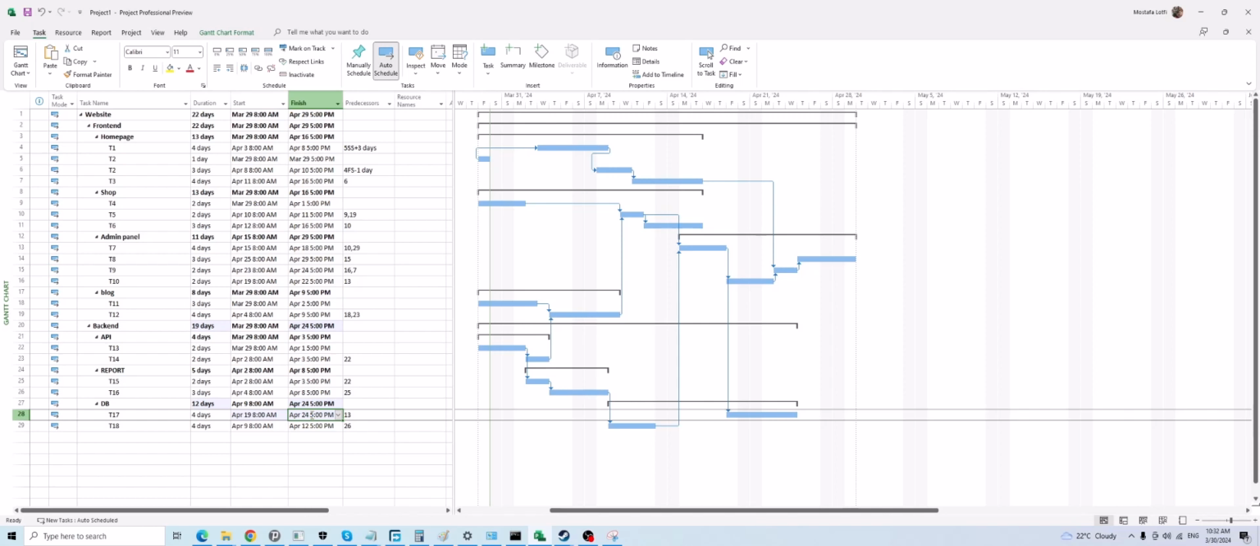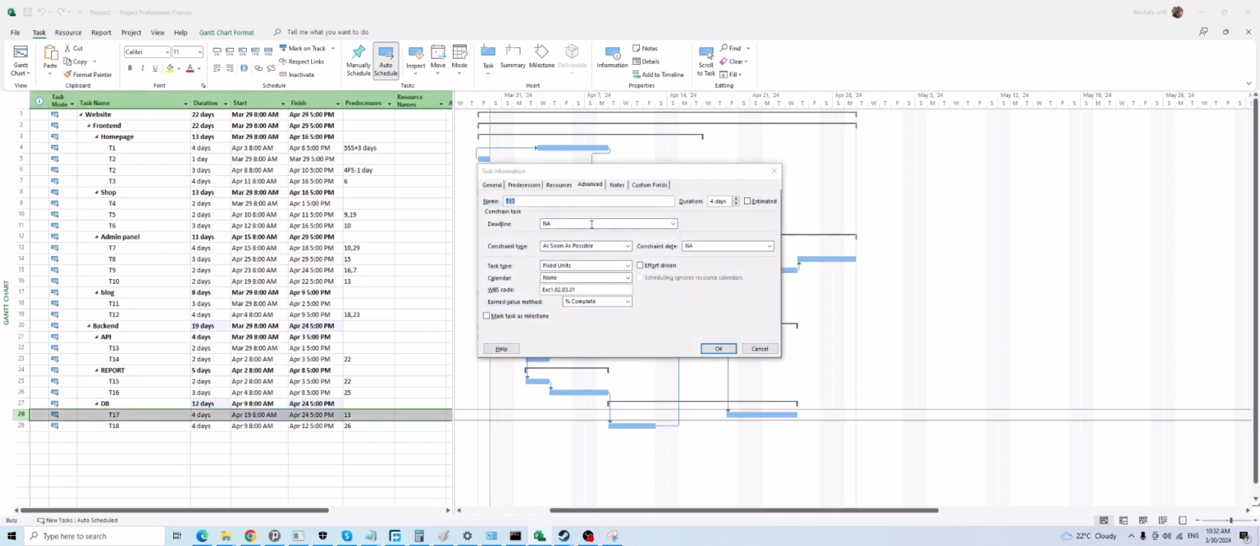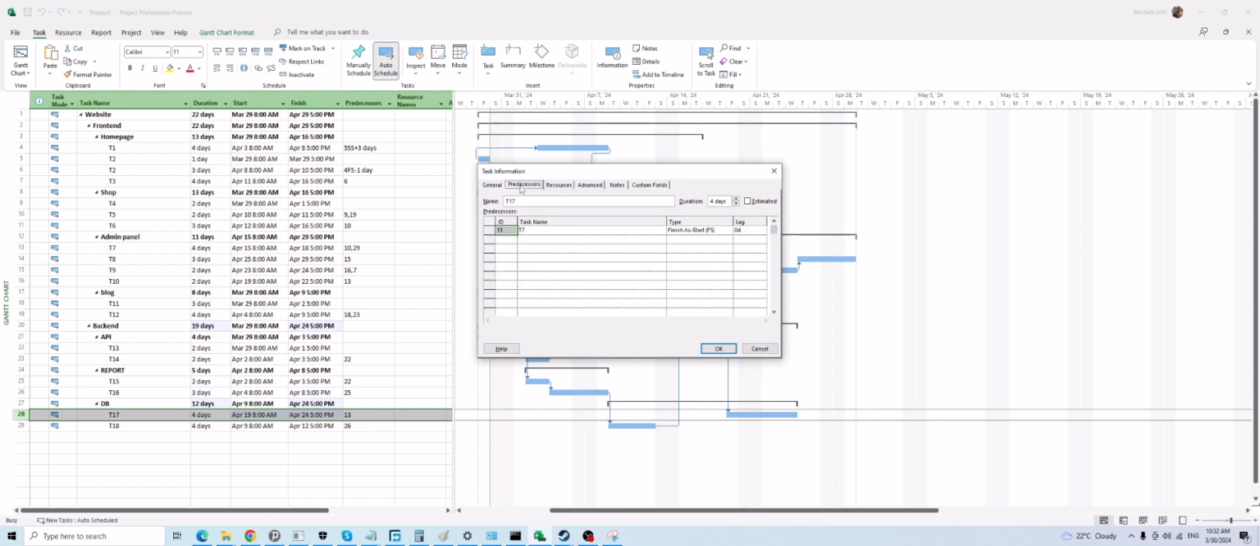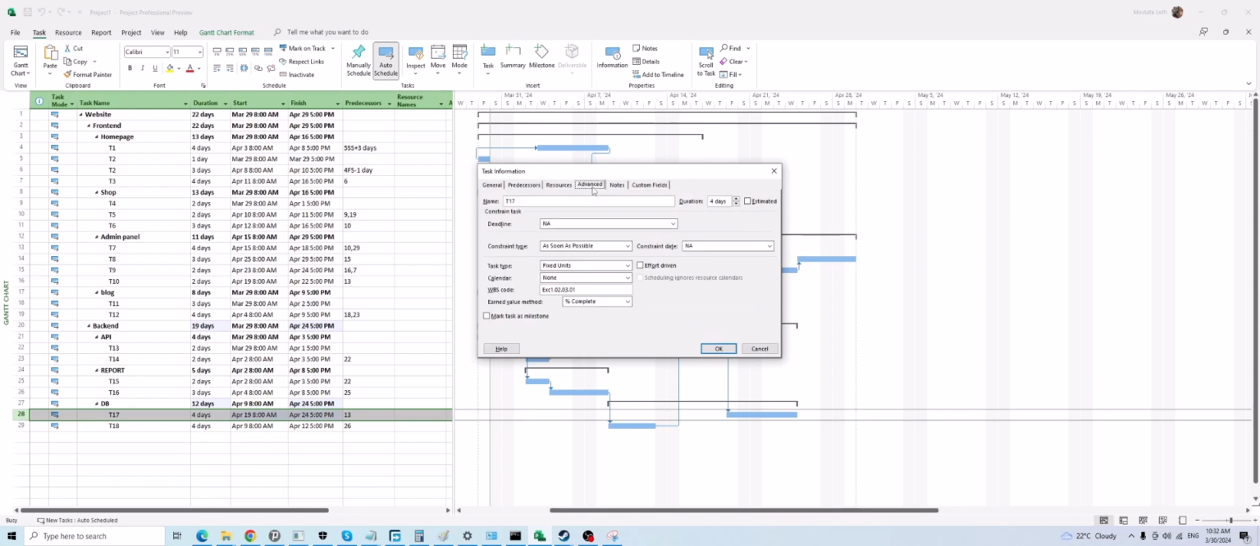If your intention is to add a constraint on a task, then just double click, go to Advanced, define which constraint type you need, specify a date, and press OK. Okay. Then predecessors we already discussed, estimated the same. Resource, we haven't discussed resources yet. We will see later. Advanced tab, and